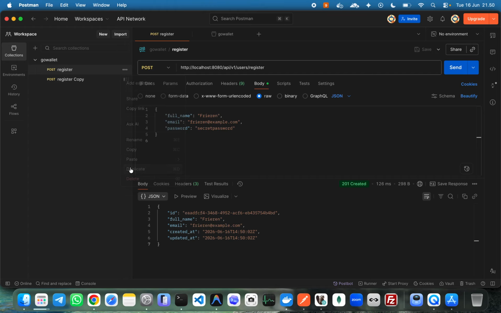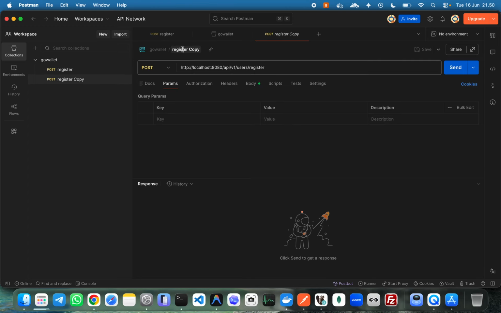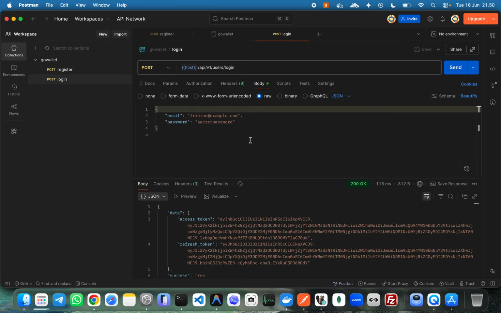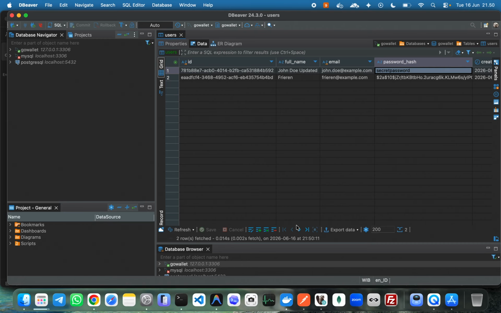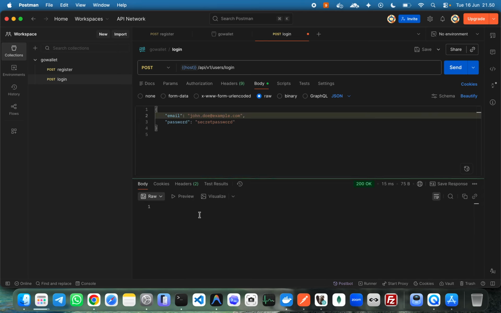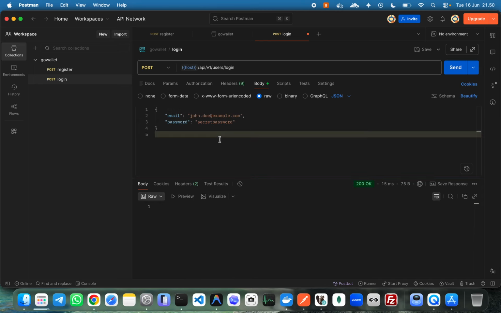duplicate, yeah, just duplicate, and this one should be login, but I want it to be host like this, so login. I just need a free run. I just need to delete this, and we got an access token and refresh token and success true. But what happened if I use John Doe? I think it will not working. Okay, yeah, that's correct, it will not working,